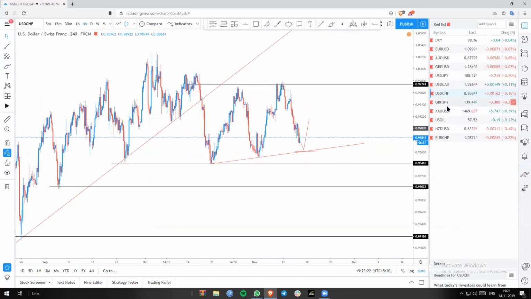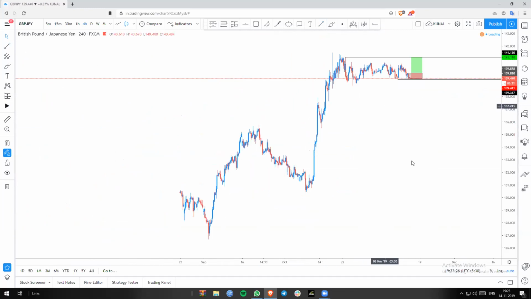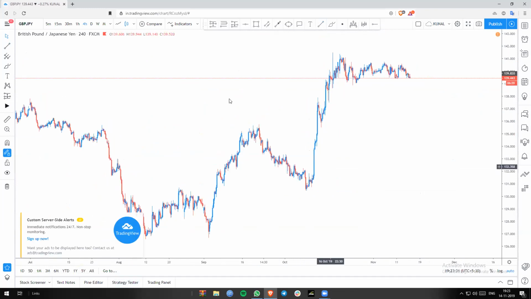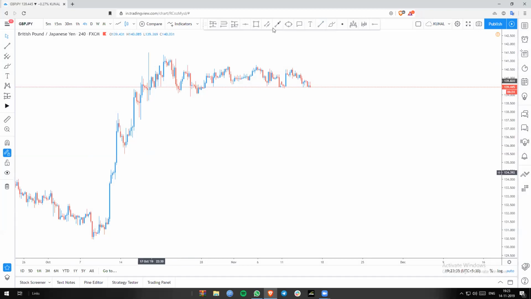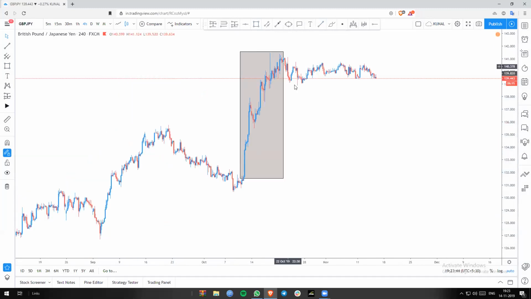So the next pair is GJ. Pound, as we said, it's really frustrating at the moment. The only reason pound is in a consolidation for now is just because we had this explosion to the upside. This was the only reason we are in this